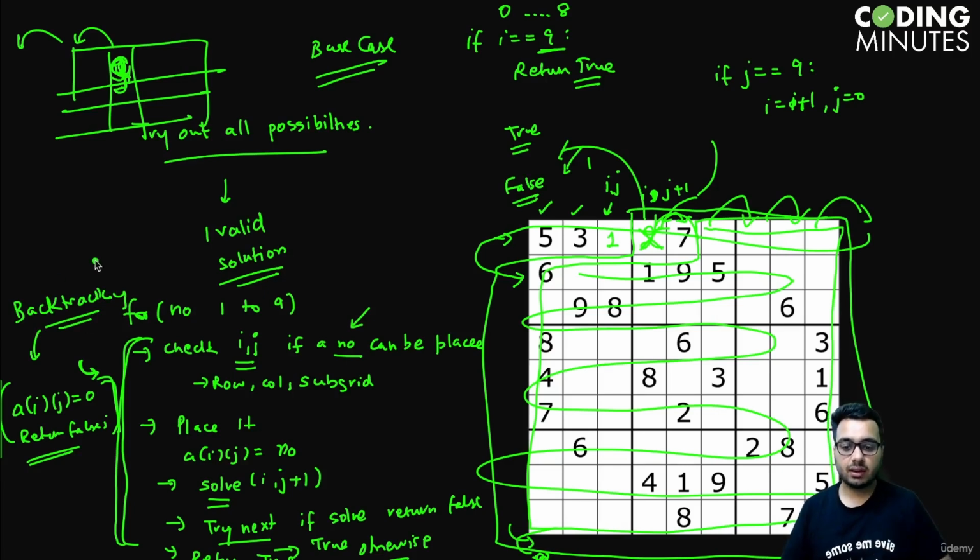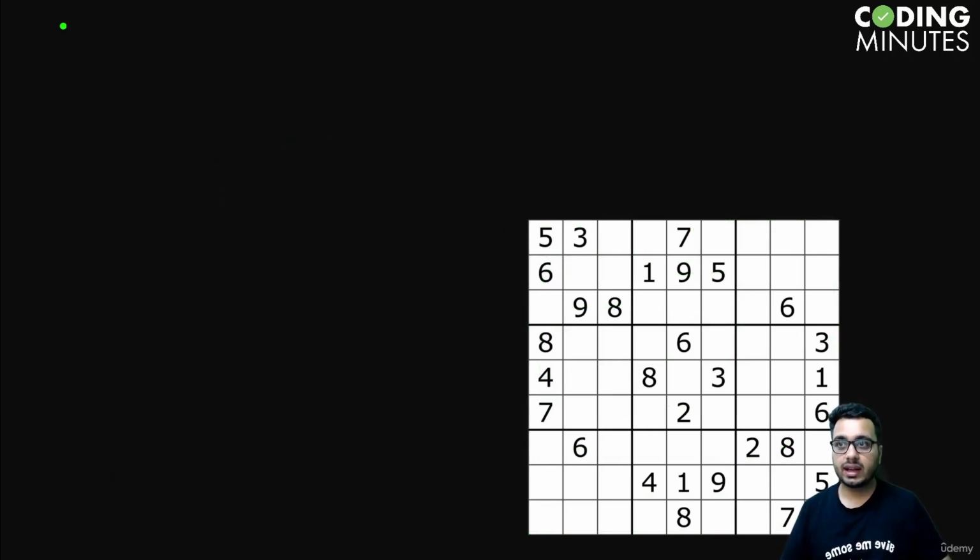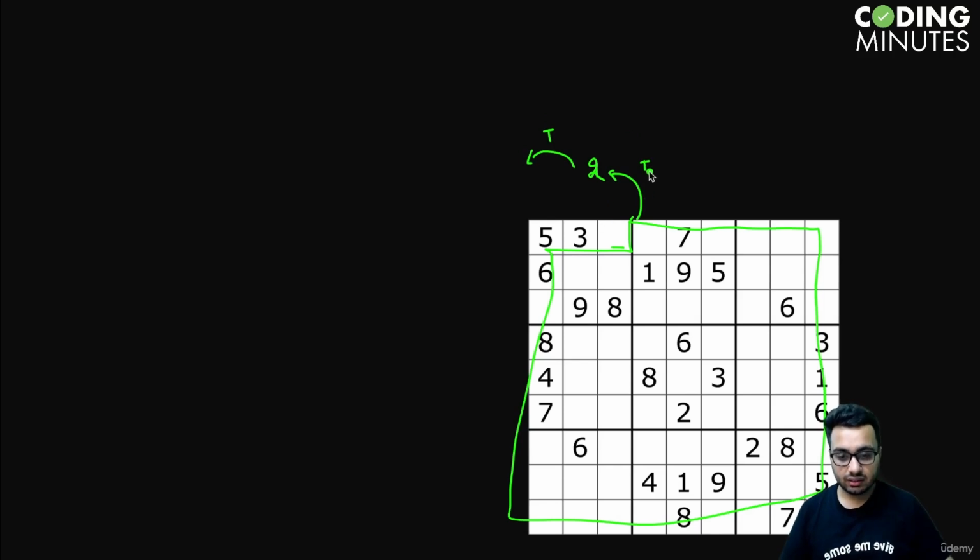Okay, so this is a very high level logic, and I will again give you a quick recap of what we are thinking of, what we are going to do. The idea is, you go to every cell, you place a number, you start with 1. If 1 can be placed, you place 1. If 1 cannot be placed, you place 2. Maybe 2 can be placed, but 2 is not the right number. So how will you come to know that? By making a recursive call on the sub problem. This sub problem will tell you whether 2 is right. If it says 2 is right, you tell its parent, or the previous function call, that this problem can be solved. If this says no, you cannot place 2 because I cannot solve the subgrid,